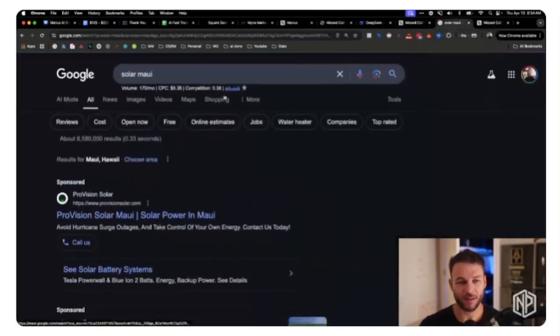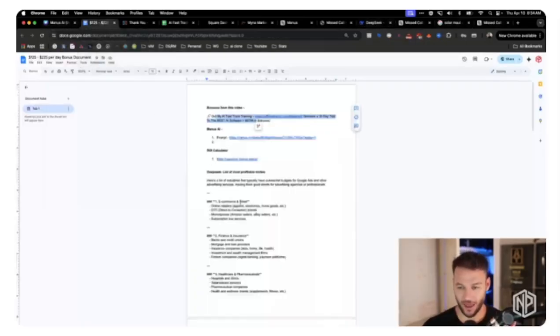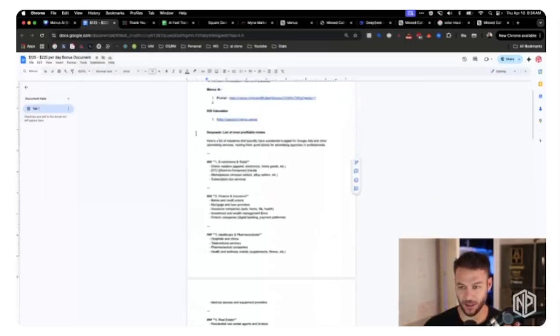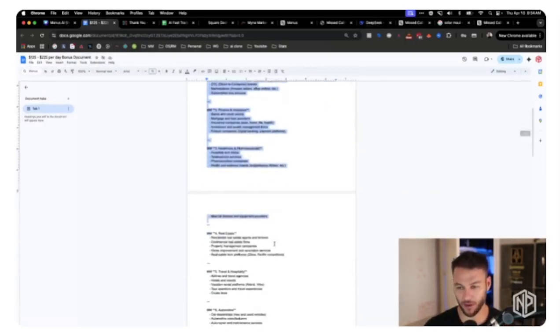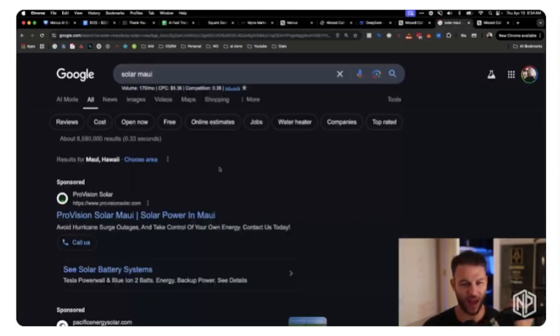So what I like to do is I go to Google. I will use that list of industries that DeepSeek gave me. I put it in this bonus document that I give you. But I'm going to stick with solar because I have solar companies as clients. They're great clients. So if I want to find somebody to pay me $225 per month using this method,